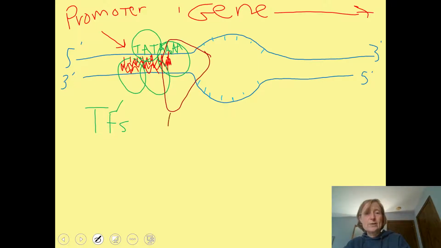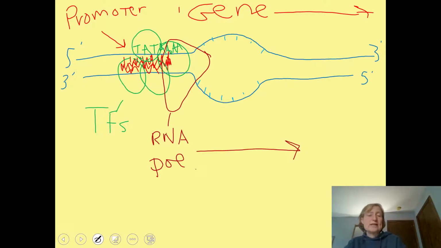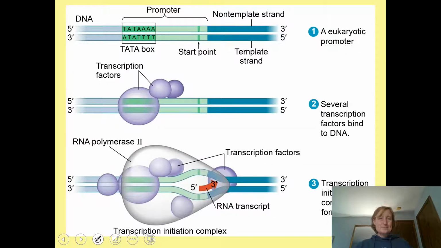So RNA polymerase recognizes the promoter, and the transcription factors kind of tell RNA polymerase, come here. So let's call this RNA polymerase, okay? And then transcription can begin. And then RNA polymerase is going to transcribe the gene in the 5' to 3' direction. So we need promoters that identify where the gene starts and that can draw in the transcription machinery. Okay? Here's just a picture